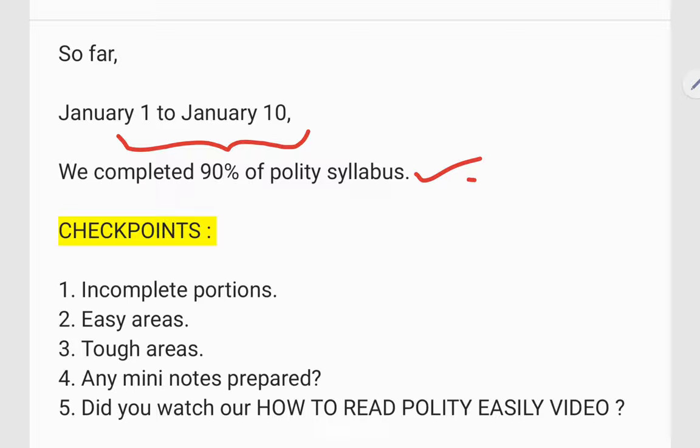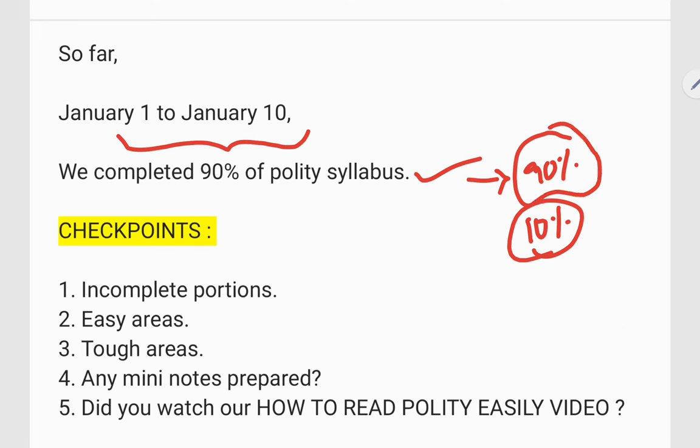What do I mean by completing just 90%? What about the 10% remaining? Look, that 10% is all about election reforms, the election chapter, and a few chapters in the middle. If we look at it purpose wise, those are not so relevant. You can complete them whenever you have some free time. But the 90% we have completed so far are high performing areas. You can expect questions from those areas every year.